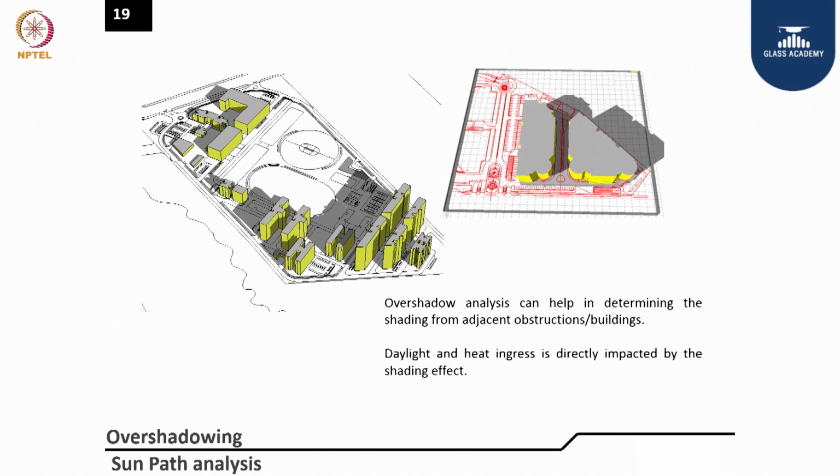One is the heat island effect. You can see the heat from the surfaces when you build a small concrete jungle, how the heat island effect and temperature rise around the building is happening. And overshading, you can see how these buildings are giving benefit to the adjacent building, how the shading is happening from building to building. So this also can be studied.